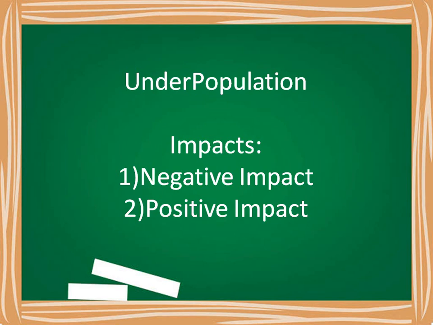Underpopulation is a situation which may result from high death rate due to natural disasters such as earthquake and flood, low birth rate, or high levels of emigration, that is, people leaving the country to settle in another place. What are the impacts of underpopulation? The negative impacts: underpopulation yields insufficient skilled labor force due to lack of skill and technology. There is poor utilization of resources that leads to poor economic growth and low standards of living.